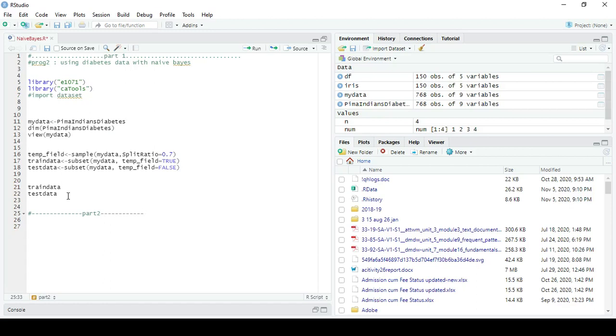Now for the second part, my model, Naive Bayes, train data, class.